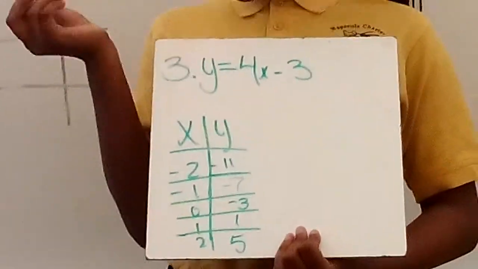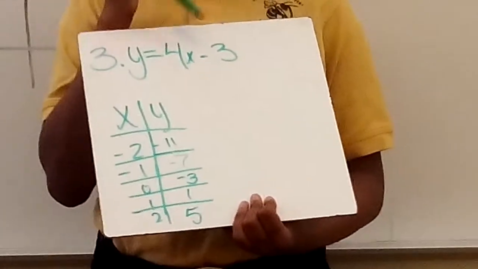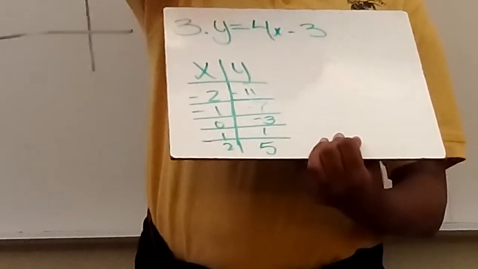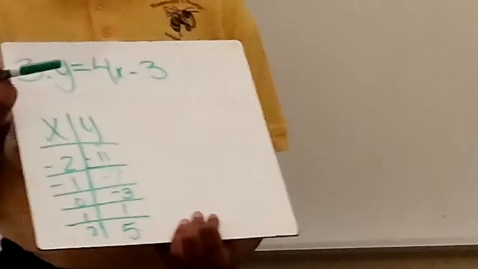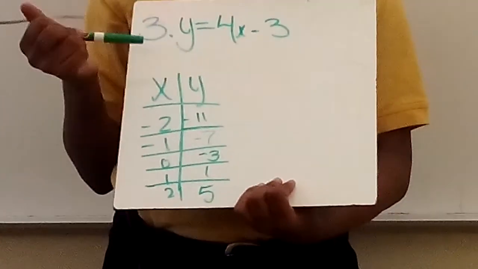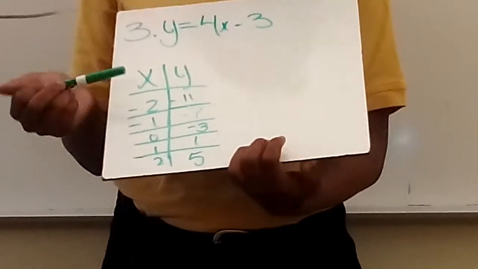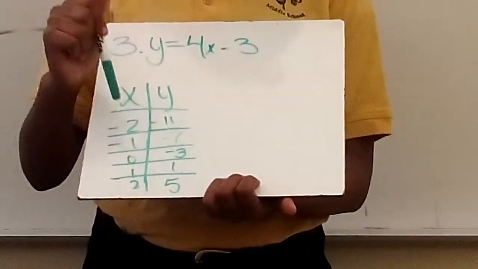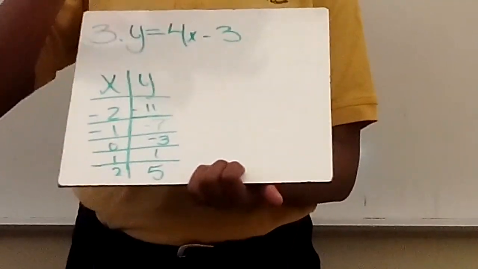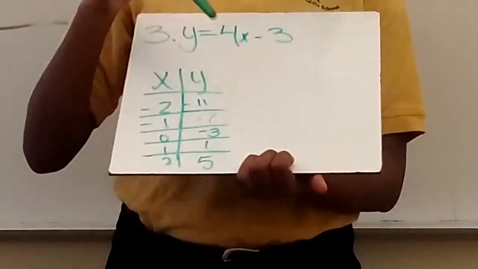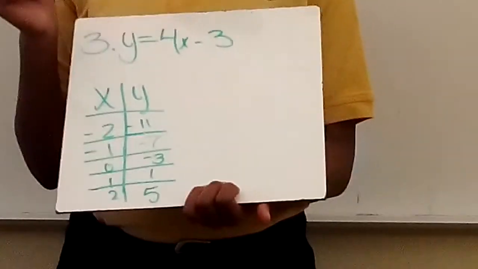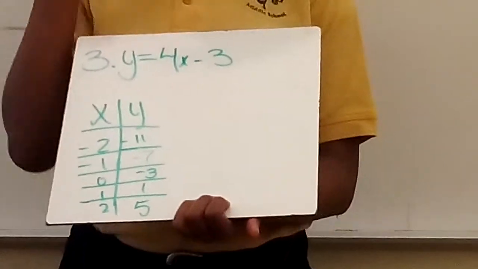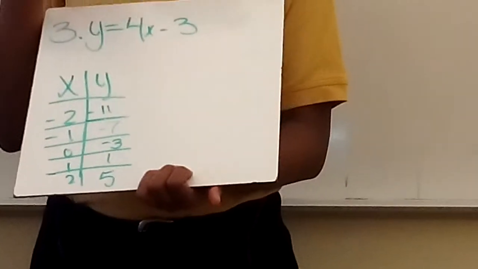Okay, so now we're on number 3. Y equals 4x minus 3. Oh, my bad. Y equals 4x minus 3. So you make your chart X and Y, and you use -2, -1, 0, 1, 2, and then so now 4 times -2, minus 3 will give you -11, and then 4 times -1, minus 3 will give you -7,